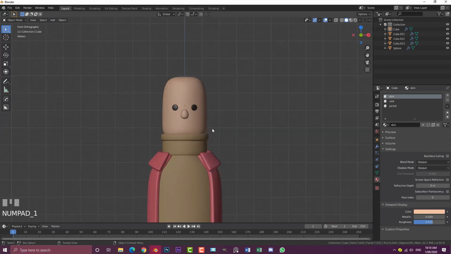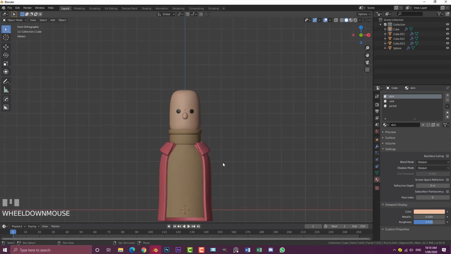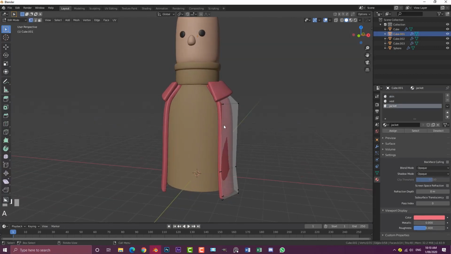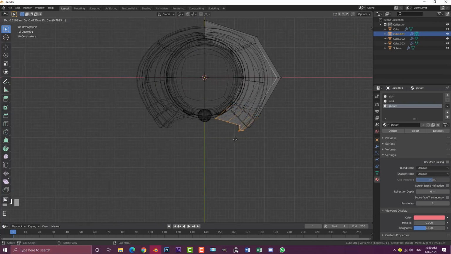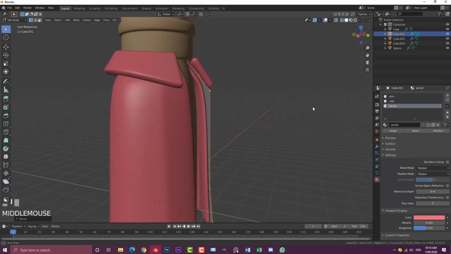So what we're going to do now is we're going to select the jacket. So select it, tab into edit mode, and what we're going to do is select this edge here. So this edge of vertices, and we're going to go to our top view, and then we're going to go G to move it, and then R to rotate it. So we're just bringing the jacket in a little bit more just to close that gap at the